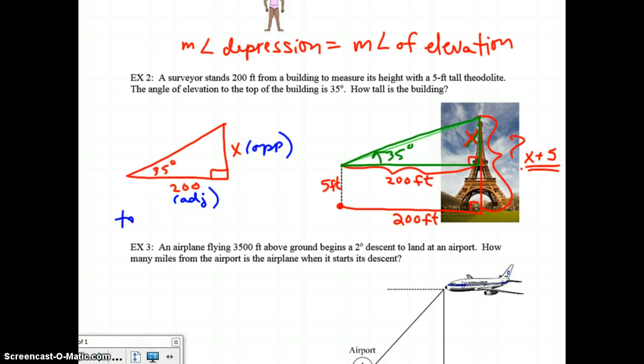So I'm going to set up that function. Tangent of 35 degrees is equal to my opposite side over my adjacent side, which is 200. So x is going to be 200 times the tangent of 35, which is equal to